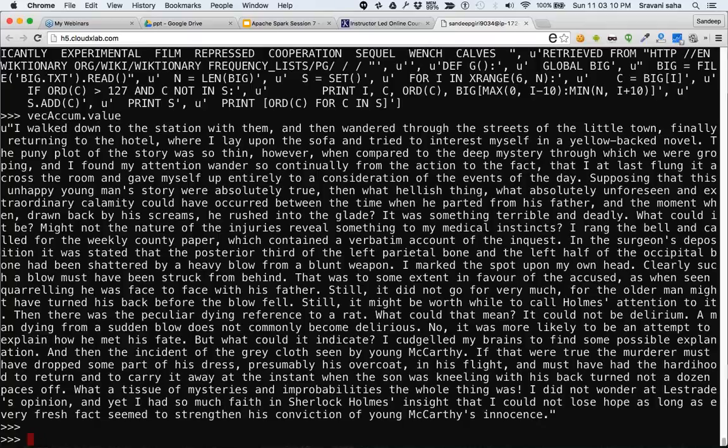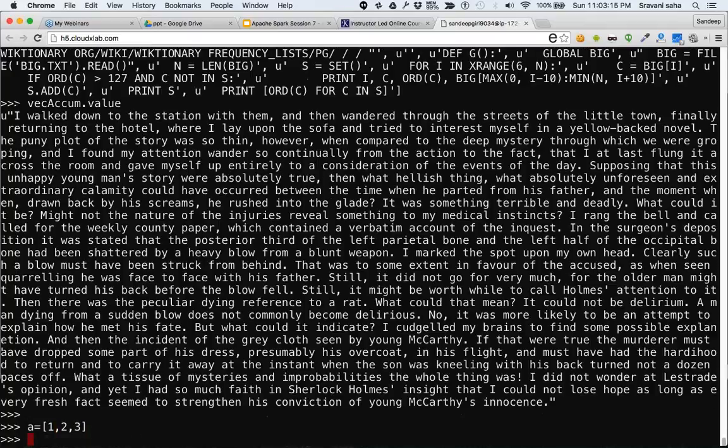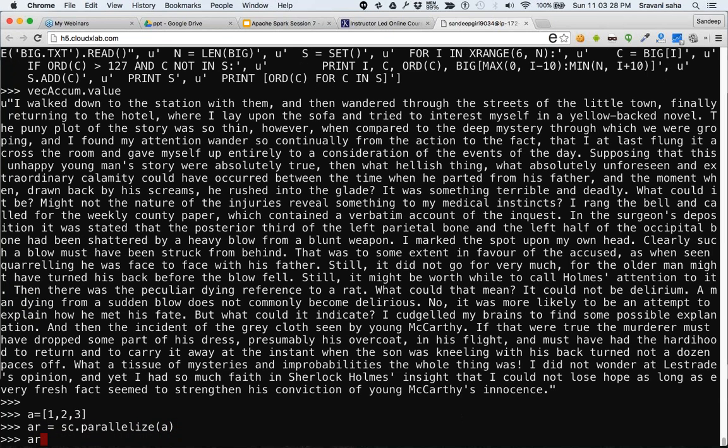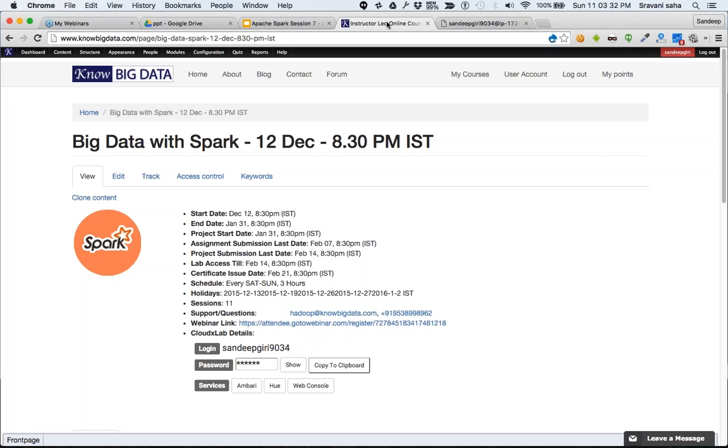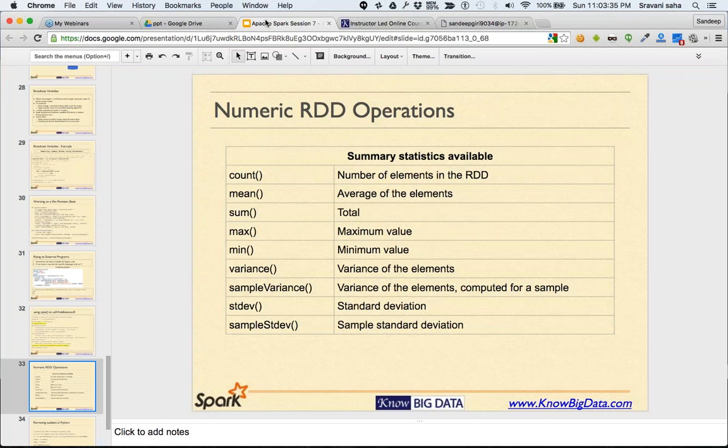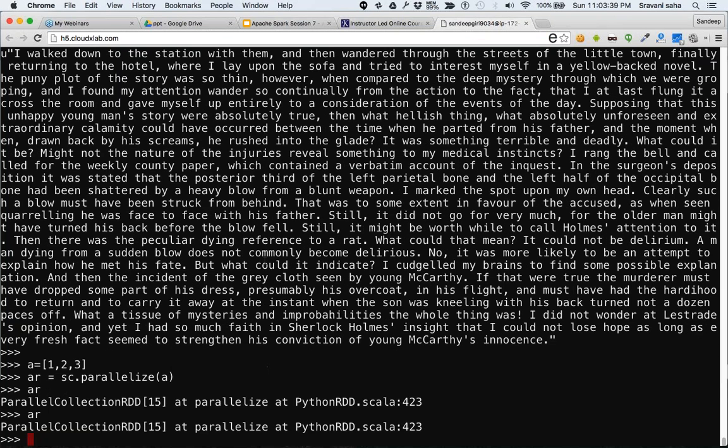So if you have, say, these values 1, 2, 3, you could load a RDD as sc.parallelize,